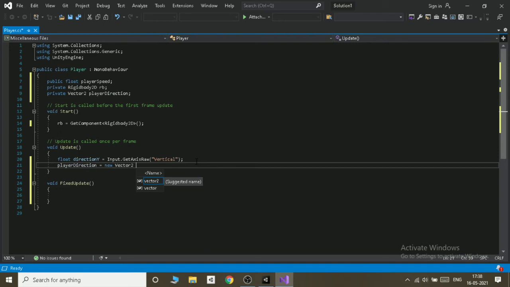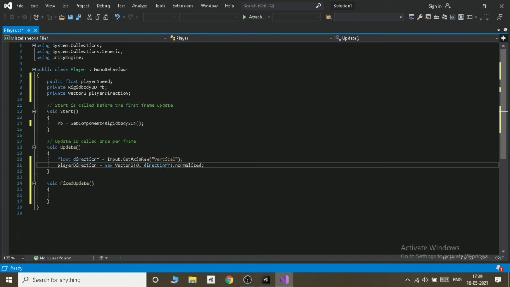After writing new Vector2 we will be giving brackets and inside brackets we will be writing the following code: 0 comma directionY, which indicates the direction y, and again dot normalized. So after dot normalized, we can close this sentence and we can write another sentence in FixedUpdate.